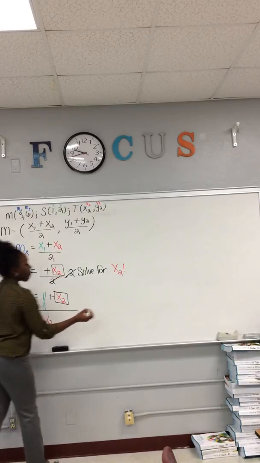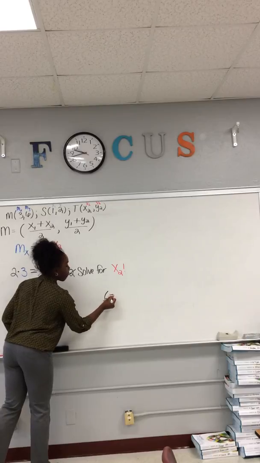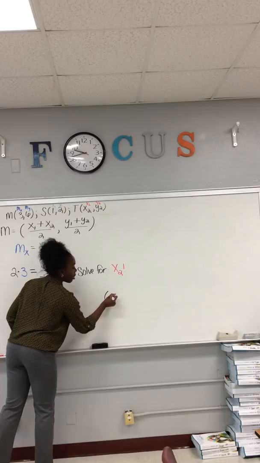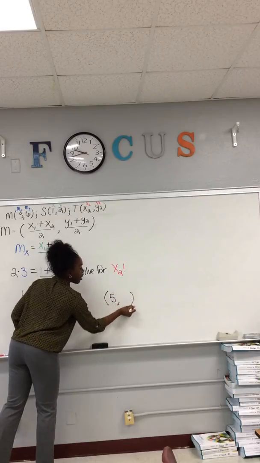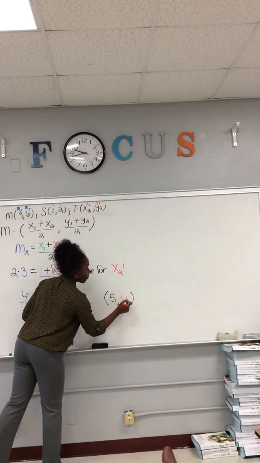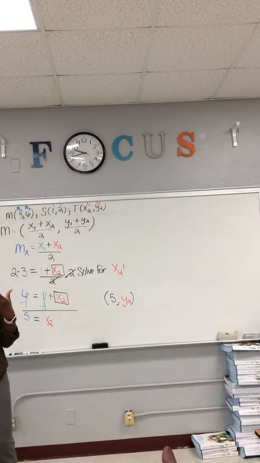So our ordered pair, if we want to go ahead and start it, is going to be (5, comma. Now I have to find that y2 coordinate. It's going to be up to you to follow this exact same process